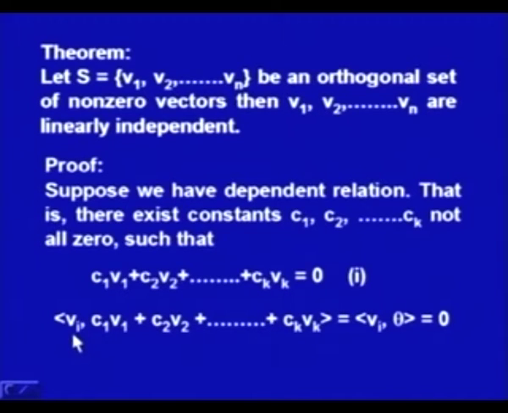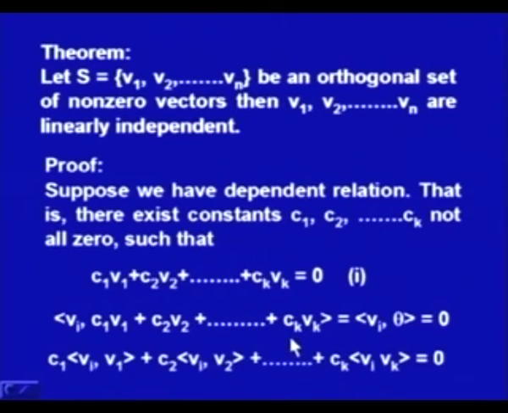So, we can say here that if we take the inner product of this with respect to v_i, I am taking the inner product here. On the right-hand side, the inner product of v_i comma 0 is 0, so that is not a problem. So, we will take v_i comma c_1 v_1 plus c_2 v_2 plus c_k v_k. This can be simplified as c_1 into v_i comma v_1 plus c_2 v_i comma v_2 plus c_k v_i comma v_k is equal to 0. This is the property of inner products, that is why we are taking c_1 out: the addition property and the scalar multiplication property.